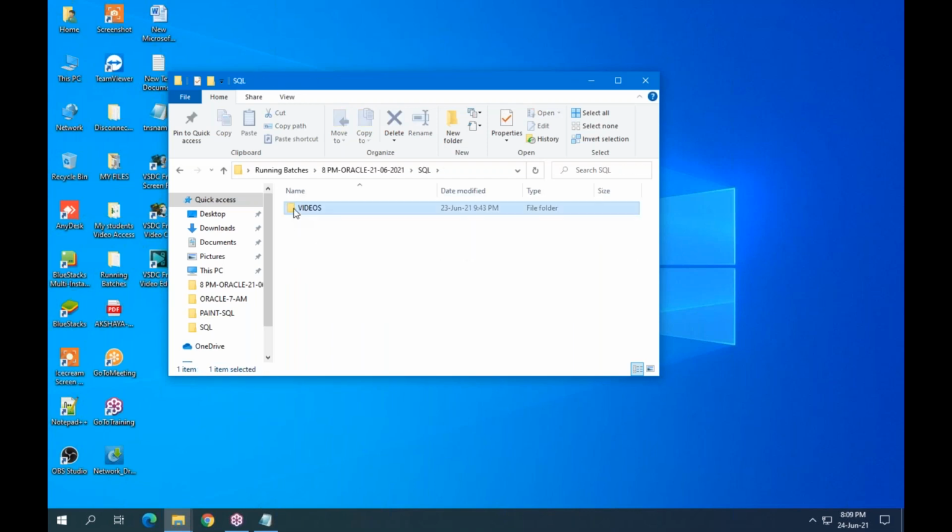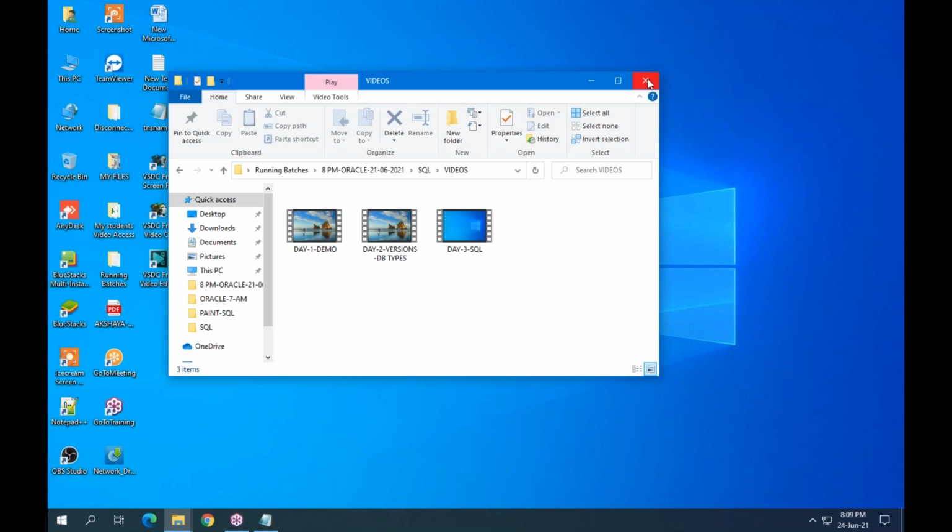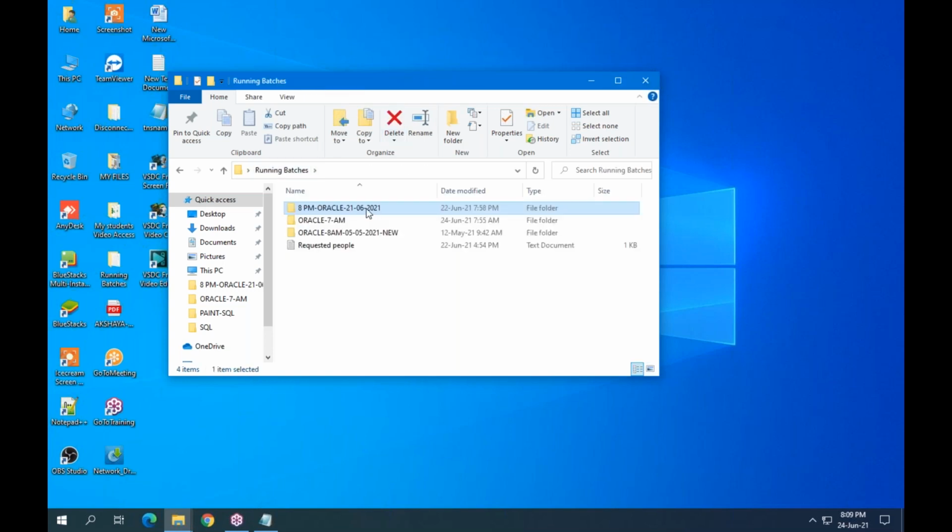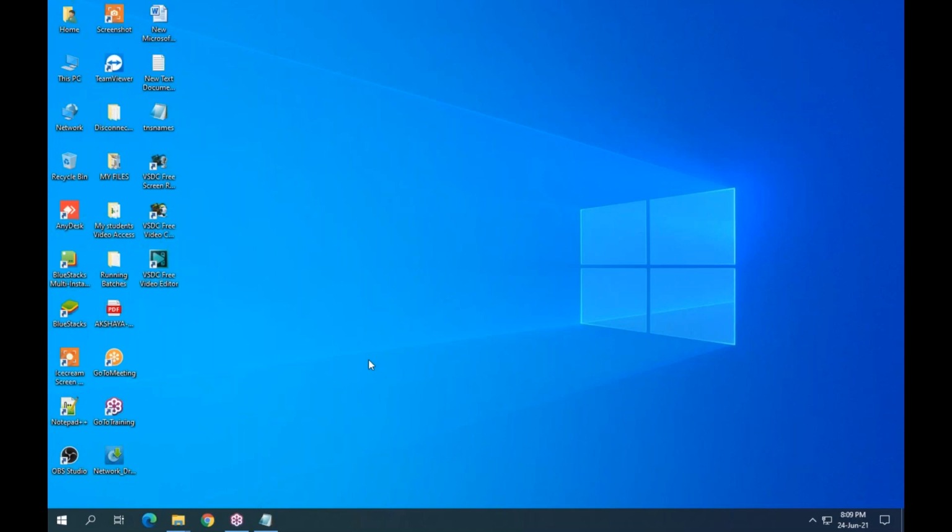Now I am going to discuss what a data model is. Before creating a table, how do we store data in the database?